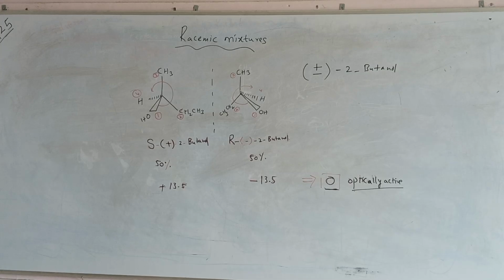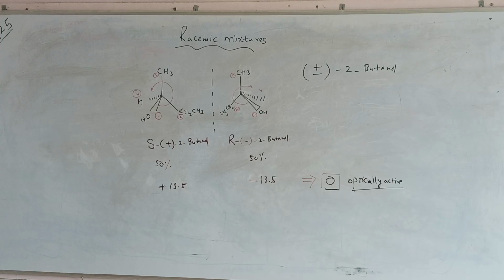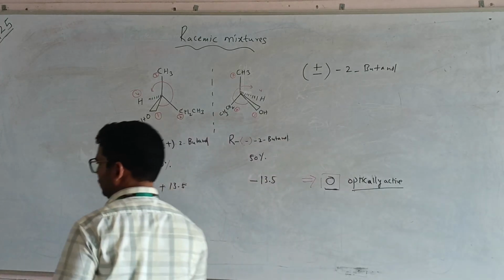In the GPAT they will ask like this. They will give the representation of plus and minus, and they will give the compound name, and they will give other compounds also, like S isomers, R isomers, stereoisomers, and different examples. They either give the structure and structure name and ask about optical activity, which one is optically inactive, or they ask you to find the odd one. It means three are optically active, and another one is optically inactive. I hope all of you understood what is meant by racemic mixtures.